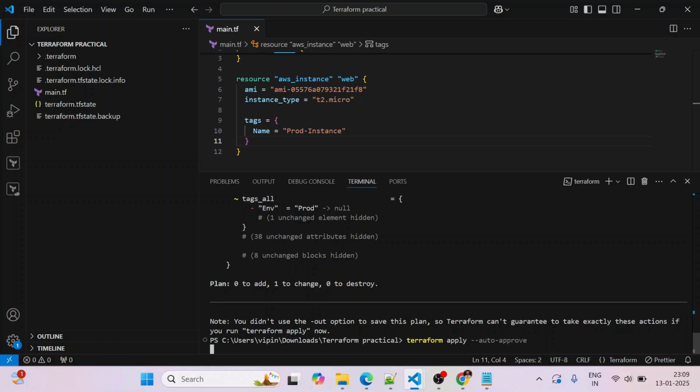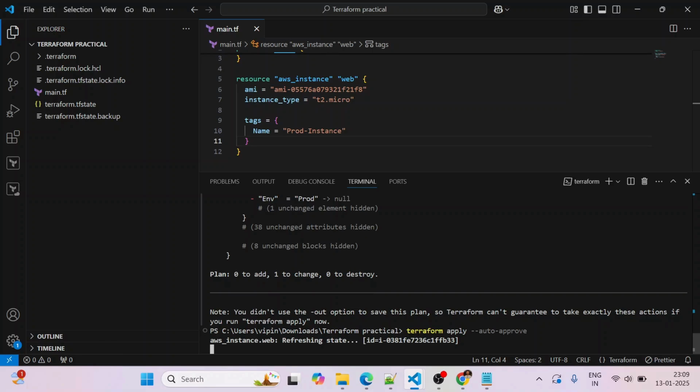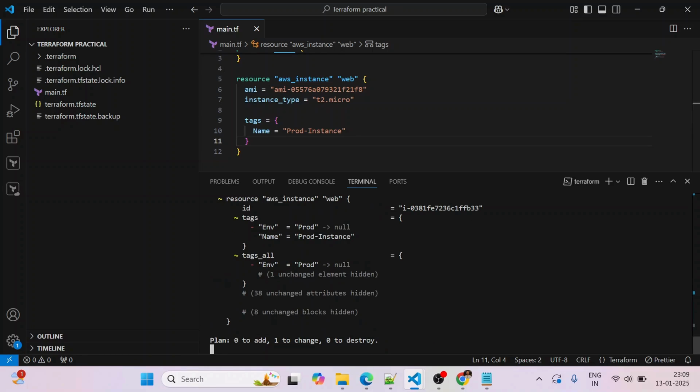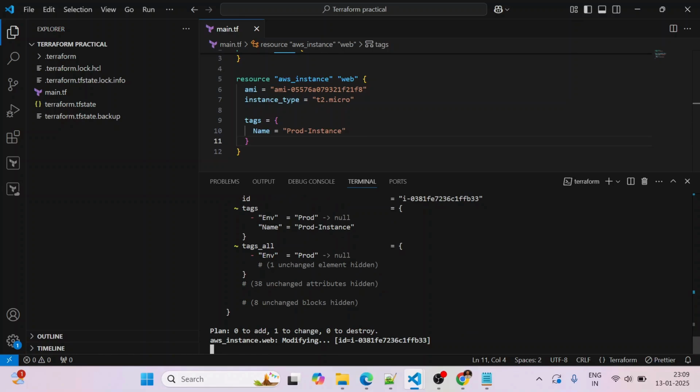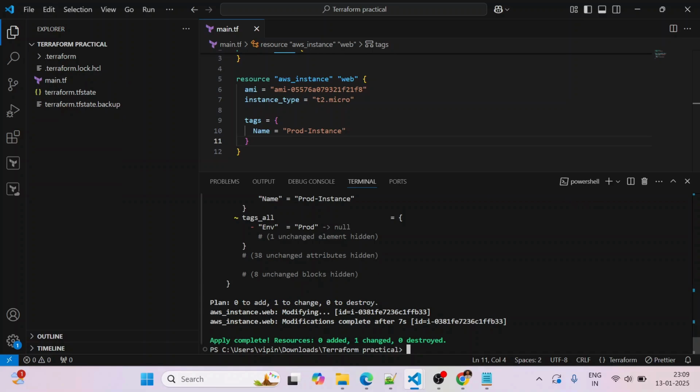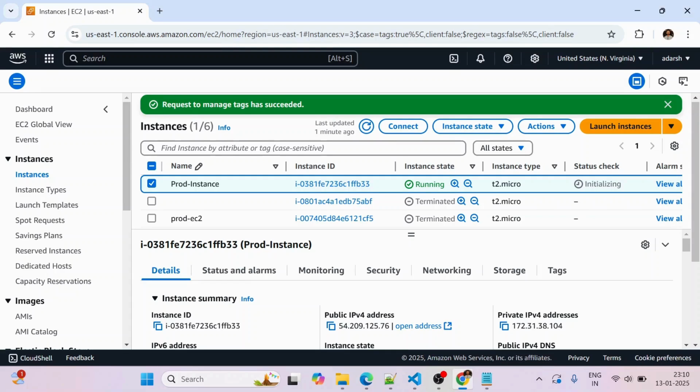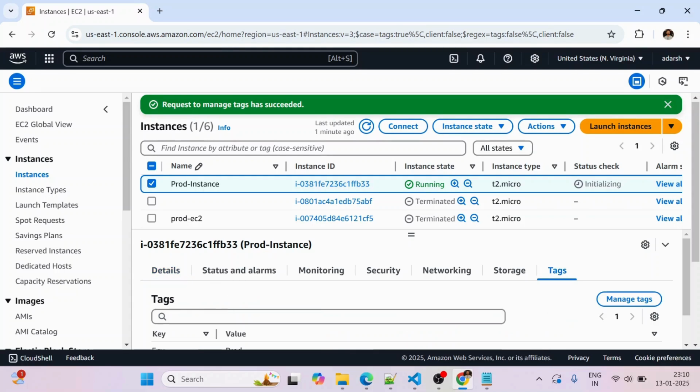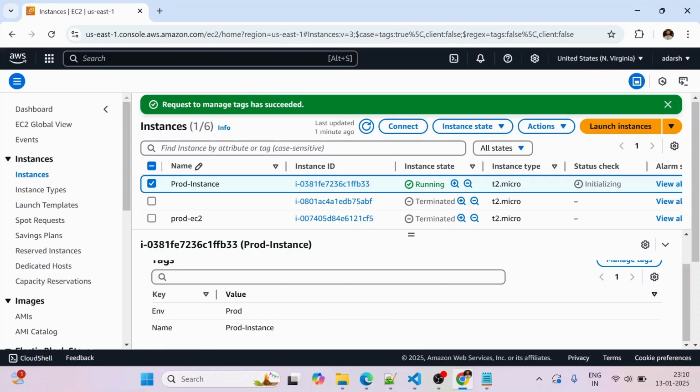Let's wait for a few more seconds. As you can see, the aws_instance is modifying the resource and apply has already completed. So let's go to the EC2 instance now and go to the tags.